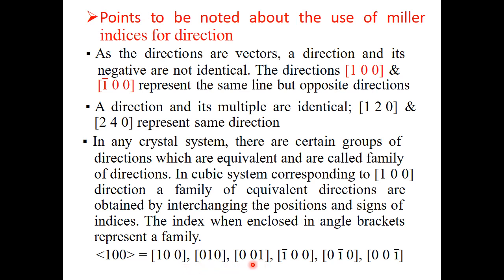Then you take the signs: 1 bar 00, 0 1 bar 0 and 00 1 bar. So these are the directions which come under the family of direction 100, which can be represented by putting 100 inside